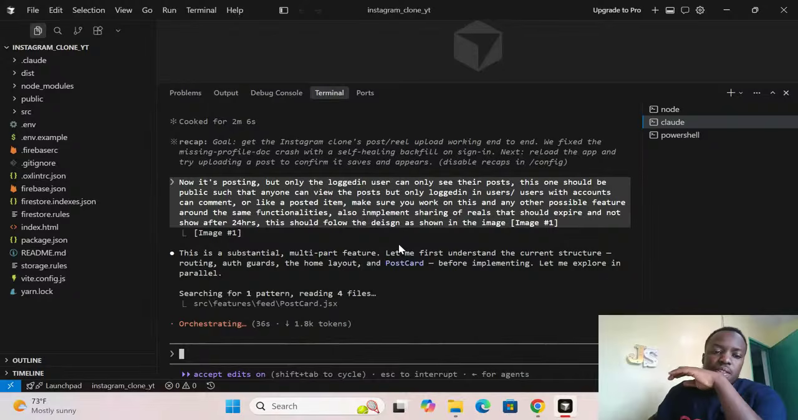Multi-part feature. It's telling me this is a multi-part feature. So okay, as we wait for it to build,